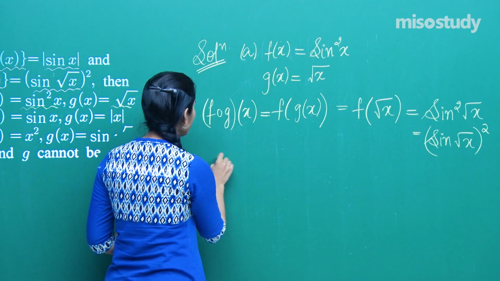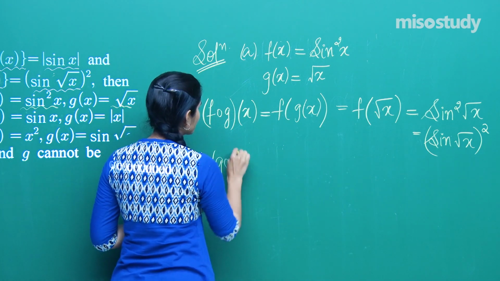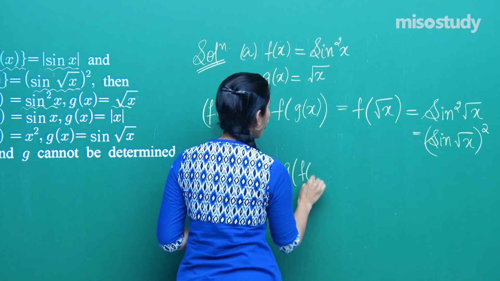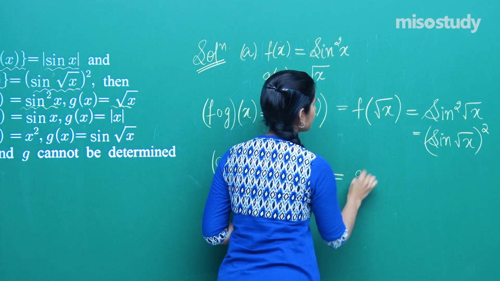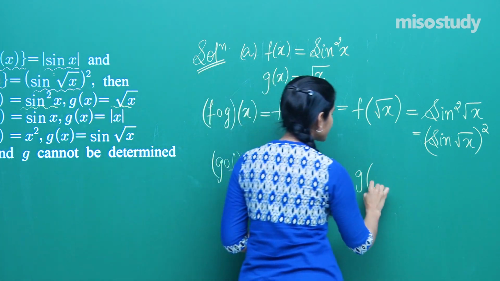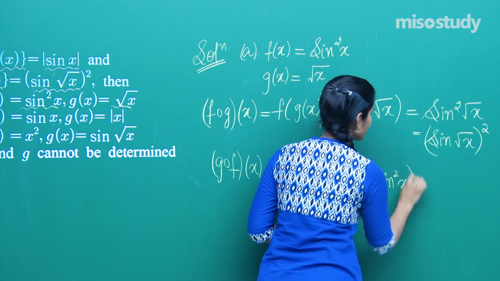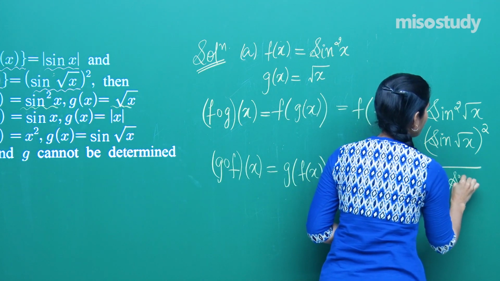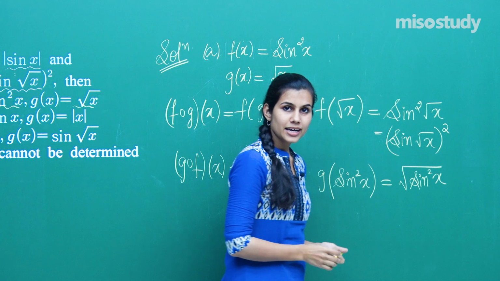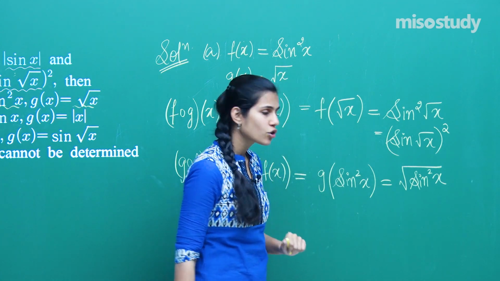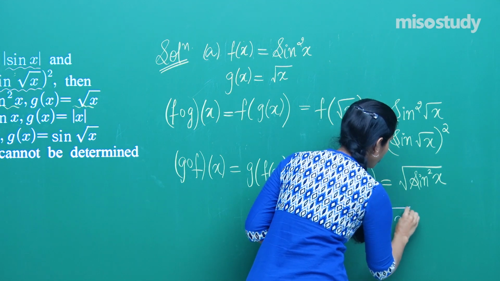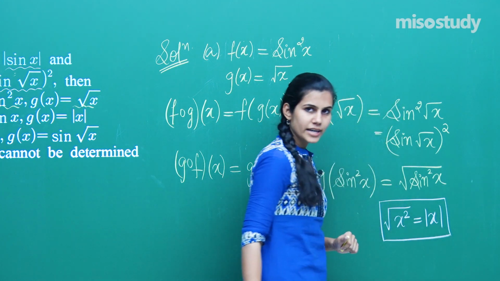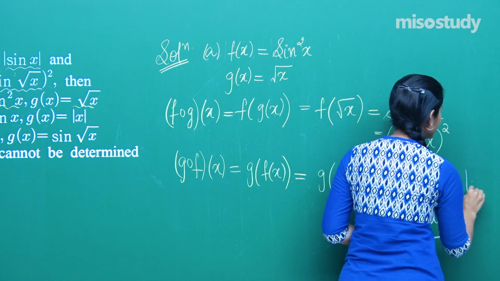Let's see if GOF is coming out to be mod of sine x or not. GOF of x is nothing but g of f of x, which is, what is f of x? It is sine square x. And what is g doing? It is taking under root of the input, so under root of sine square x. And now is the turn to use a very small concept which says under root of x square is always equal to mod x. And based on that, I can write this as